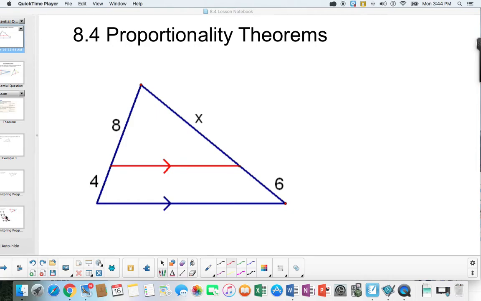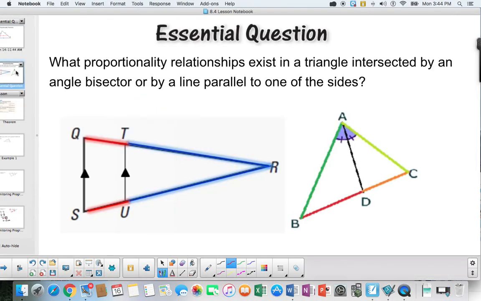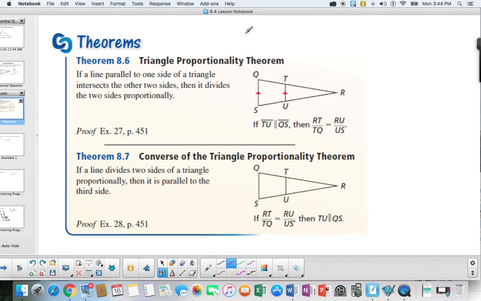8.4 Proportionality Theorems. Essential question: what proportionality relationship exists in a triangle intersected by an angle bisector or a line parallel to one of its sides? Let's take a look at the first theorem, which is called the triangle proportionality theorem, which states that if you